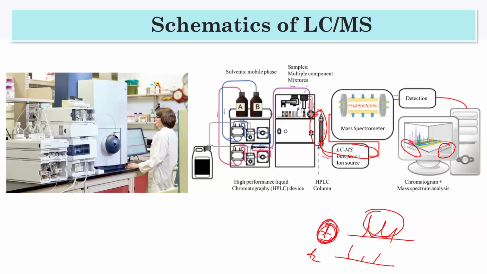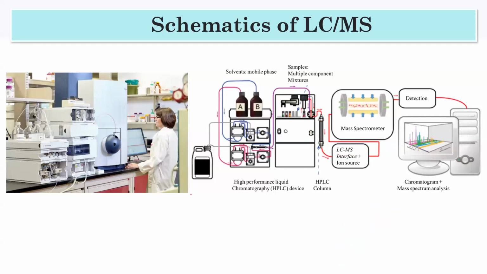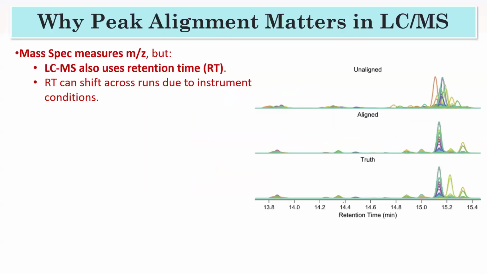At t1 you can know which molecule came, for example the molecular ion peak was 50, and at t2 suppose the molecular ion peak was 60. So you know that this 60 is here and this 50 is here. I hope you understand the purpose of LCMS. Sometimes in LCMS, what will happen is that your